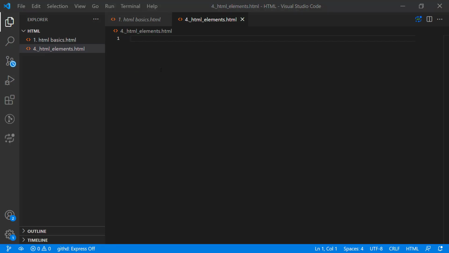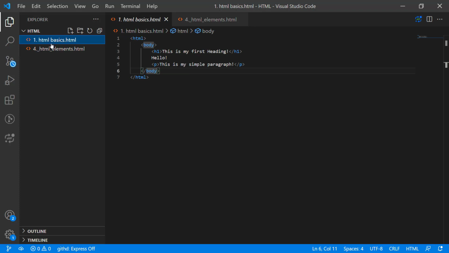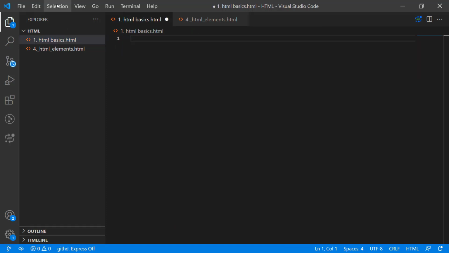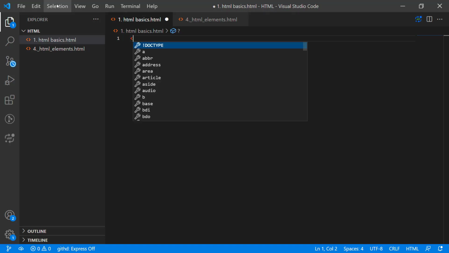We're going to look at examples of HTML elements. To create an HTML element, as we said, we always begin with a tag. But before we begin with the tag, let us create a basic HTML structure, which is the one we'll be following. I'm going to go to the previous file and create a basic structure of an HTML element. All HTML files begin with the less than sign,